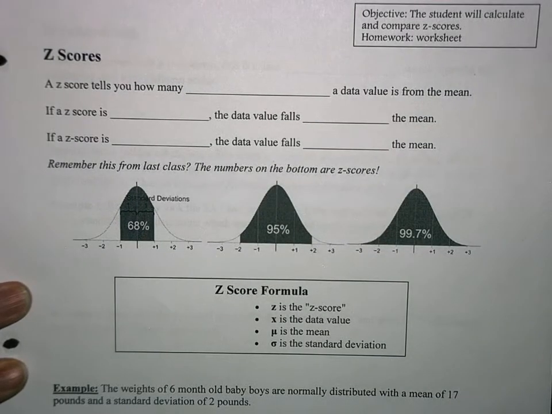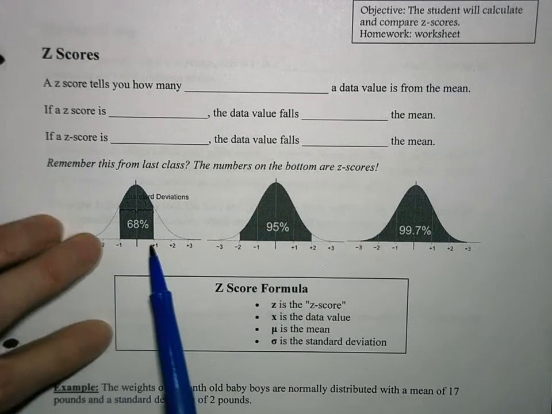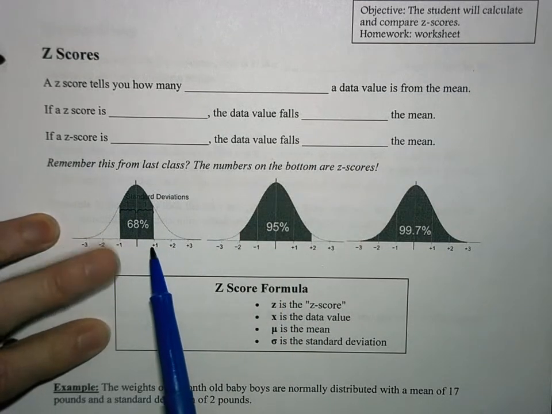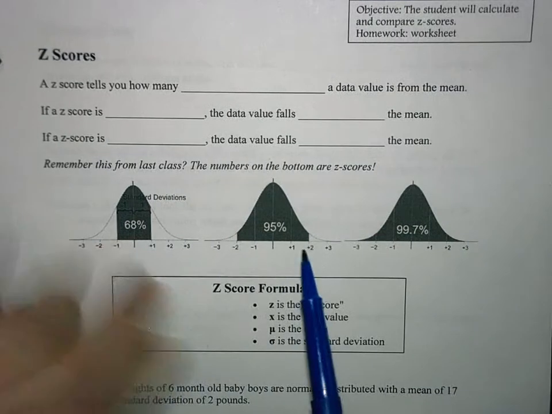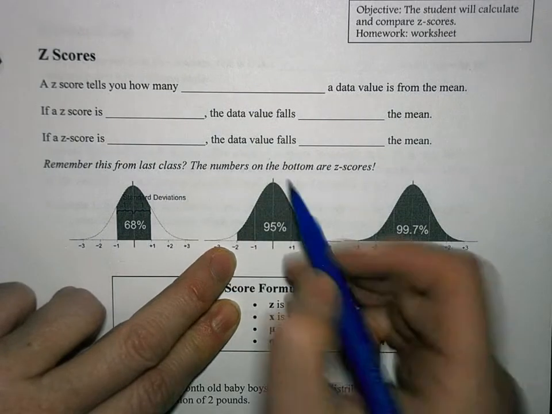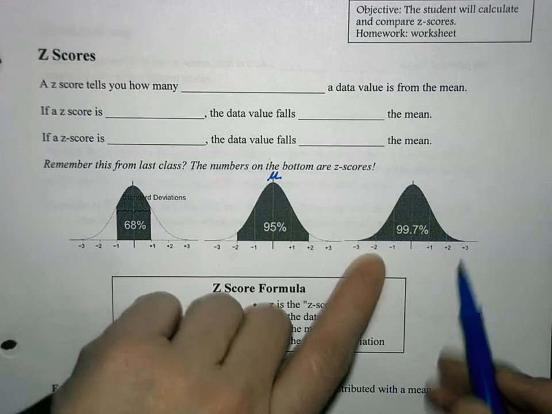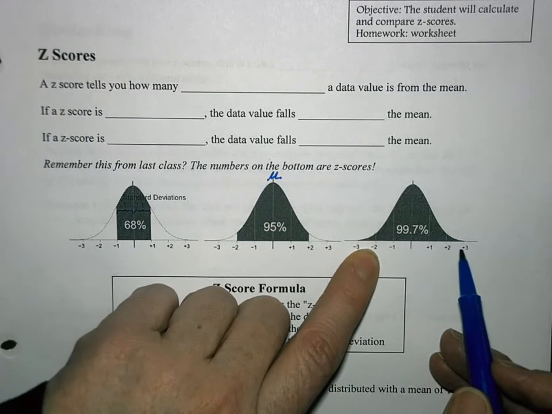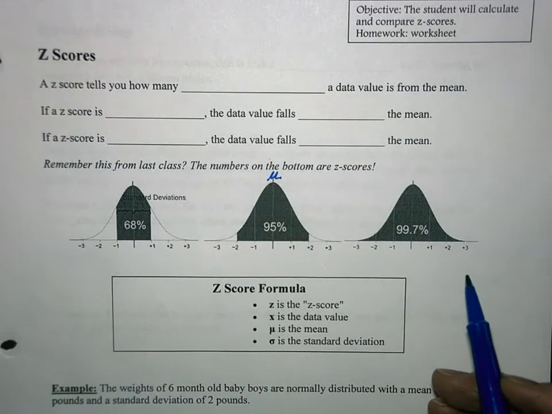Okay, so yesterday we talked about the normal curve and how the data lines up on the normal curve. We learned that 68% of the data is within the first standard deviation, that 95% of the data is within 2 standard deviations of the mean. This is the mean value. And almost all the data is within 3 standard deviations of the mean. So z-scores